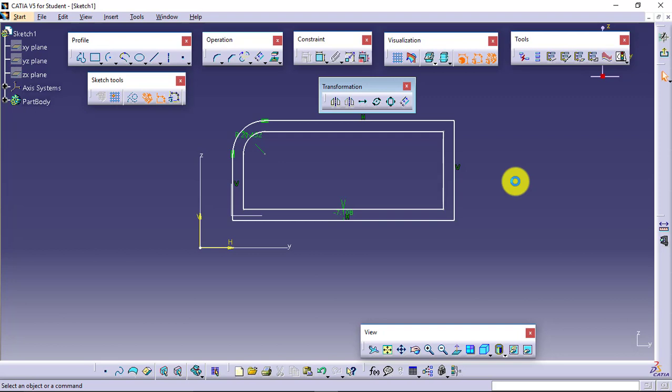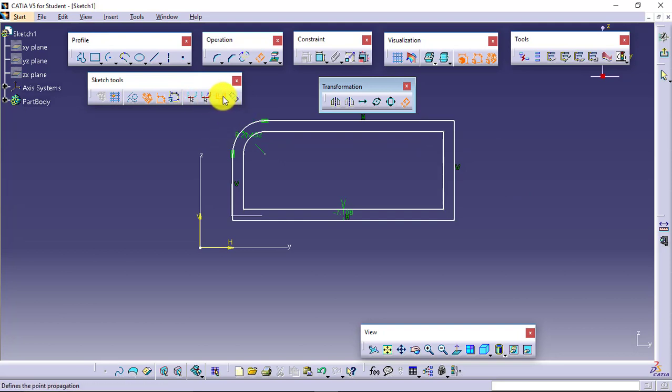No propagation, whatever you have selected it will be offset. Tangent propagation, whatever you have selected it will maintain the tangency. And point propagation, it will offset the complete loop. Now the last option we have is for both sides.